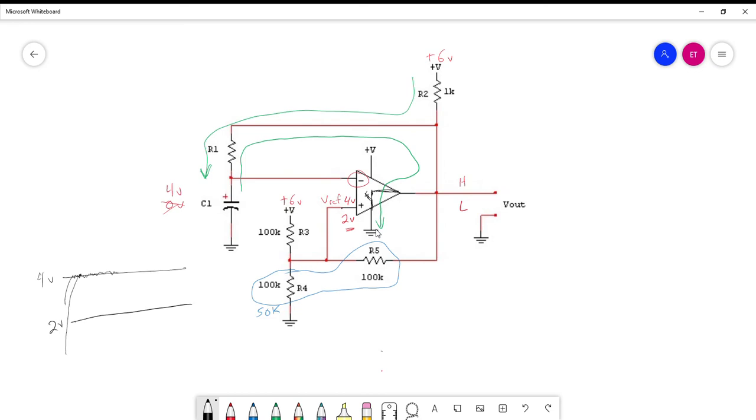And that'll happen, like we said: the cap's going to charge up to 4 volts, at which point the minus input is now winning, so the switch on the output of the comparator closes and starts to discharge the cap. But the closing of that switch also caused R5 to be in parallel with R4, not R3, which changed the reference voltage to 2 volts. So the capacitor has to discharge not just below 4 volts to change the output of the comparator, but all the way down below 2 volts,